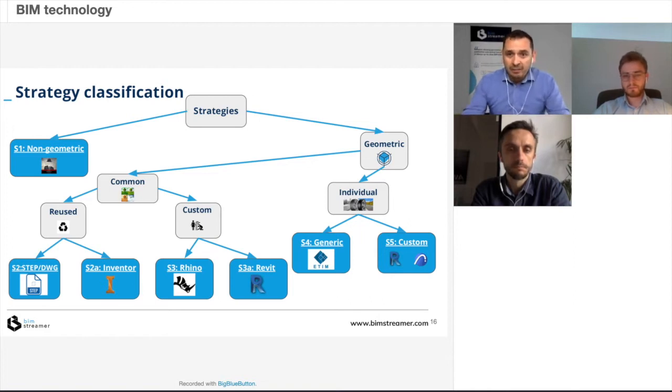So I think that this was more like an intro when it comes to the strategy classification. Please, if you have some opportunity, take a screenshot of this slide, because later on we will be referring to this particular slide when we discuss each and every strategy. As you see the numbers right here from S1 to S5,